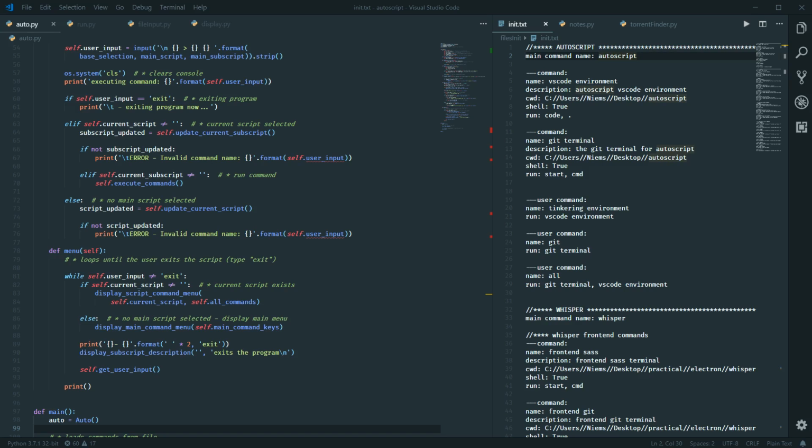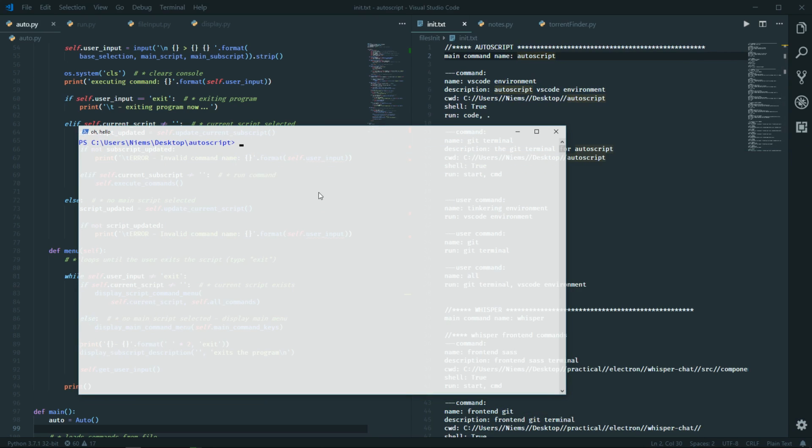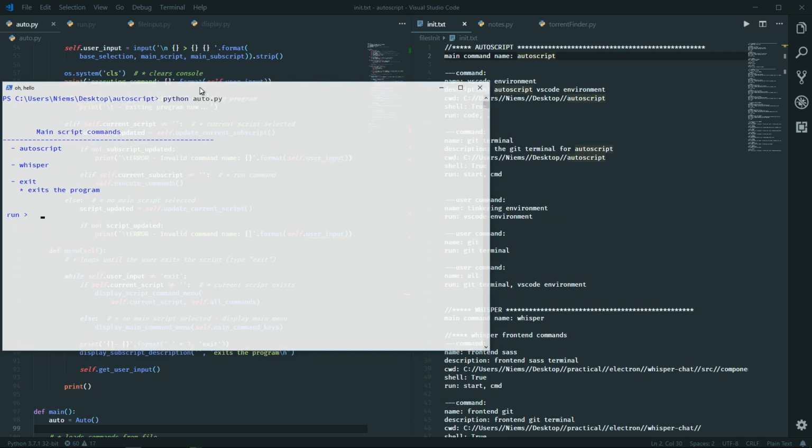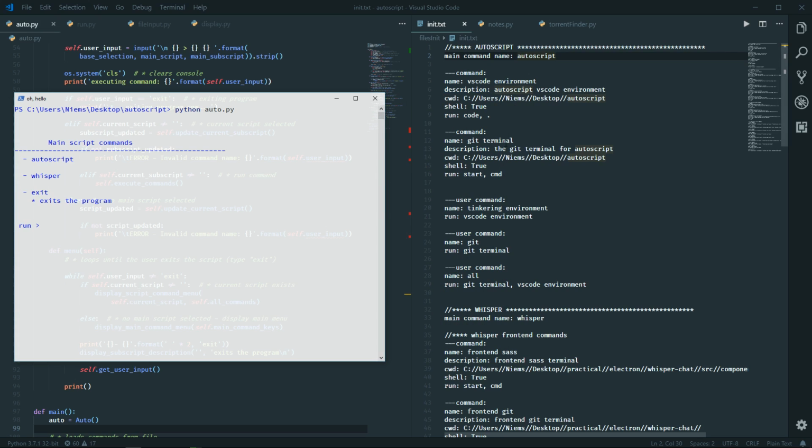Okay, so this is the Python script that automates my environment setup for different projects that I'm working on. I'll just run it first because I think it'll be easier to explain it when you can see it also. Alright, so when I run it, what it's doing is it looks at this initialization file here, and anything that's